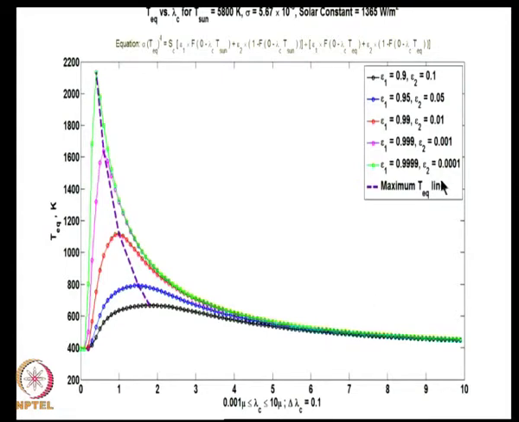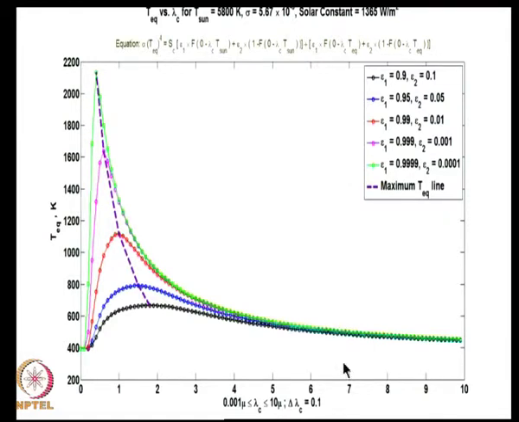Now, you might ask why we did not go to lower emissivity values. Actually, there is a problem with numerical convergence as you go to very low emissivities, and so you need more and more accurate numerical schemes to calculate these f0 lambda T values. These are obtained by numerical integration, and those integrations have to be accurate to the 6th or 7th or 8th decimal place for you to get the right values. So, that is the main catch.